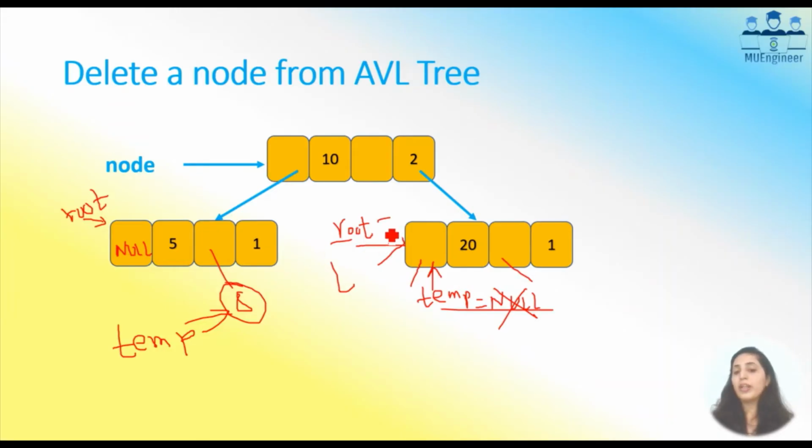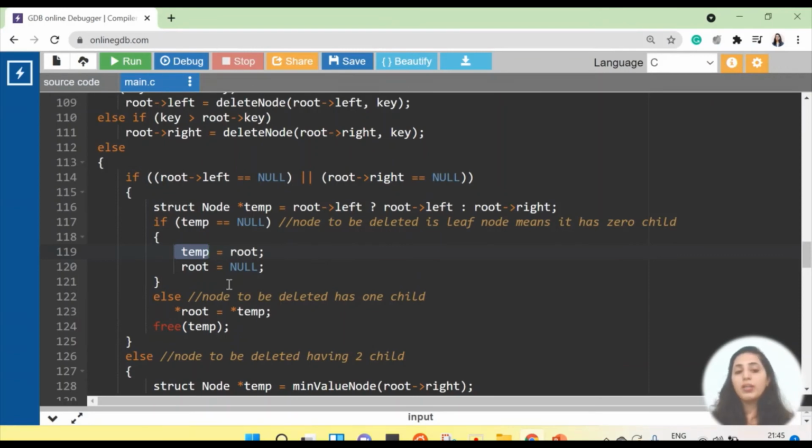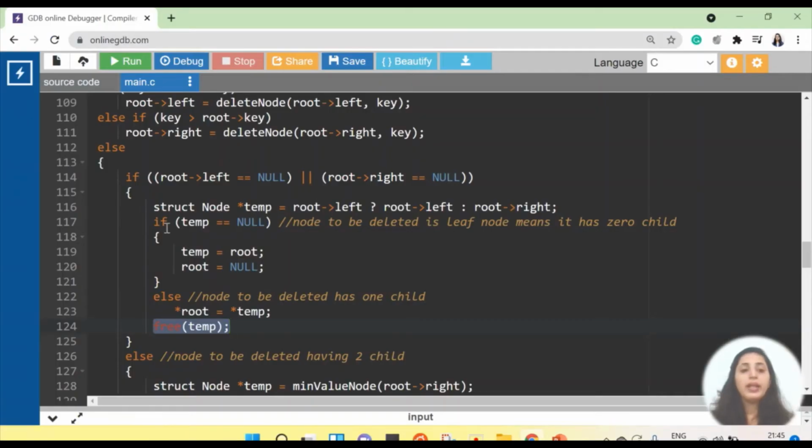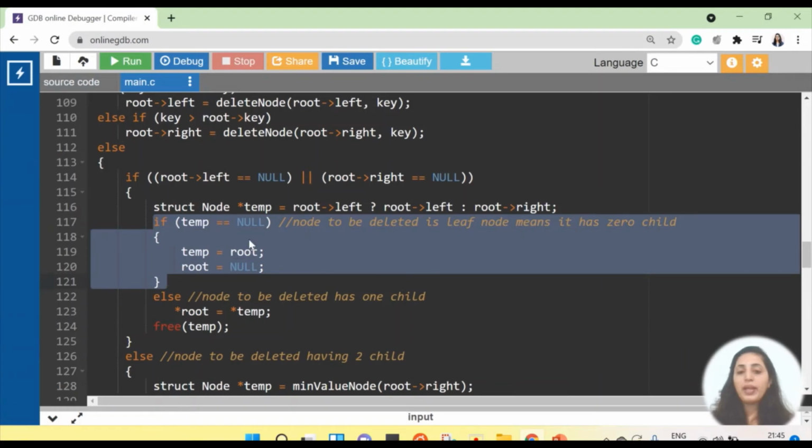And then I will say root is equal to null. This particular node जो मैंने delete करना है, उसको root जो point कर रहा था, so I'll say root is equal to null. That means I have deleted that value. When root is null, that means that node is no more there and I just need to free the memory. So that I'm handling outside the if case, free temp. The temp is holding the address of 20, so it will free, that means release the memory occupied by node 20. Getting it?